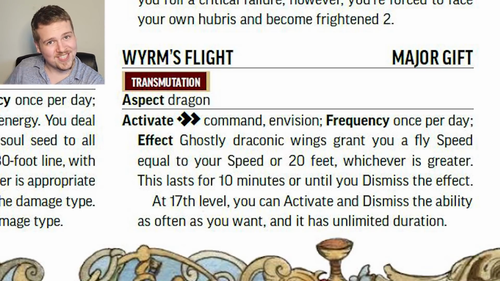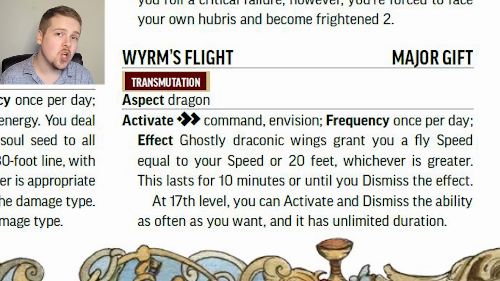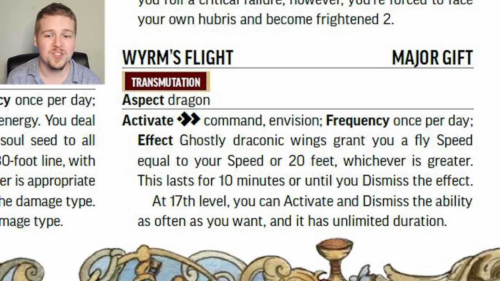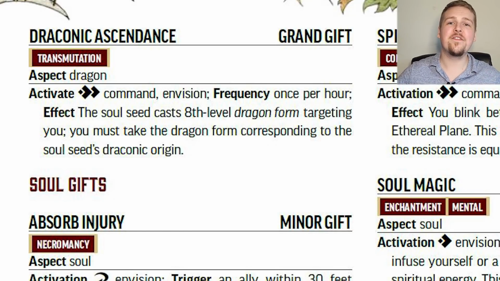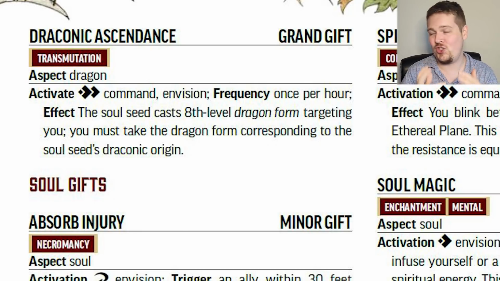Once you are level 17, or your soul seed is level 17, you can turn this on and off whenever you want. This grants you permanent flight at level 17, as long as you have this soul seed. That's really cool. And the grand gift for the Dragon Soul Seed is Draconic Ascendance, which lets you turn into